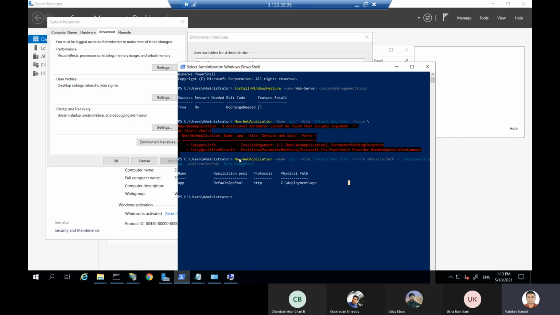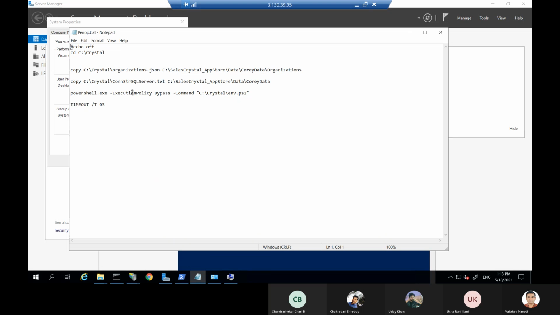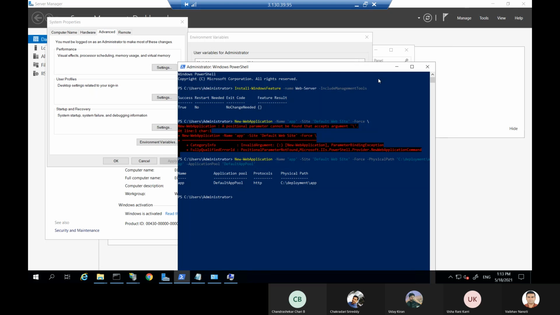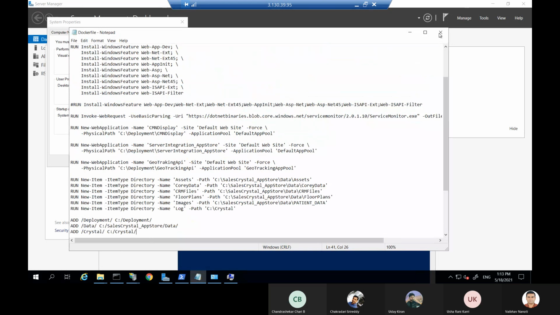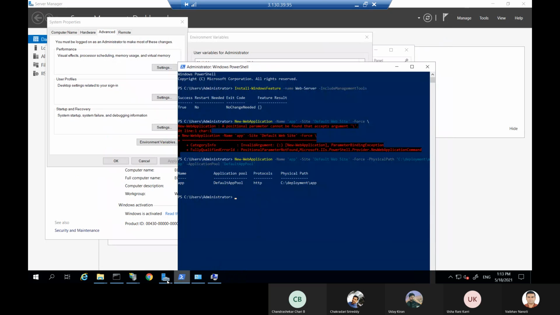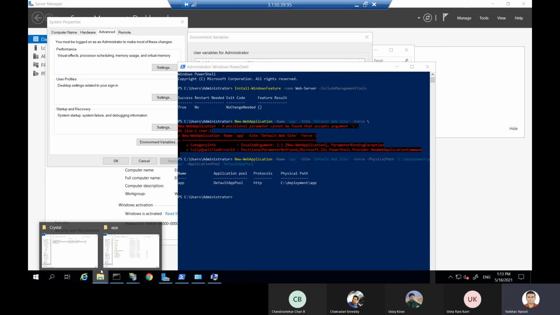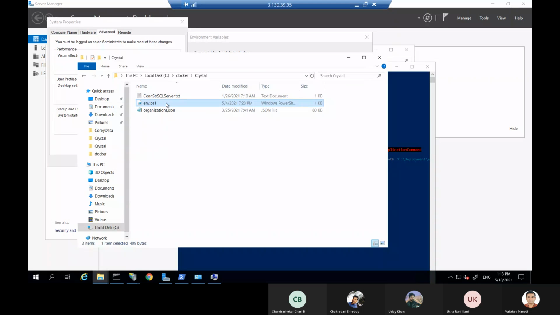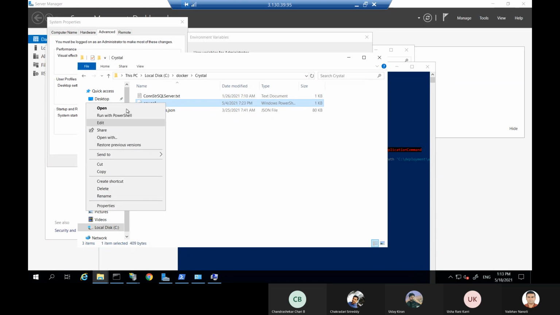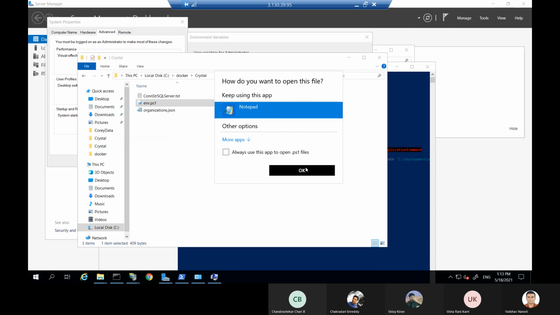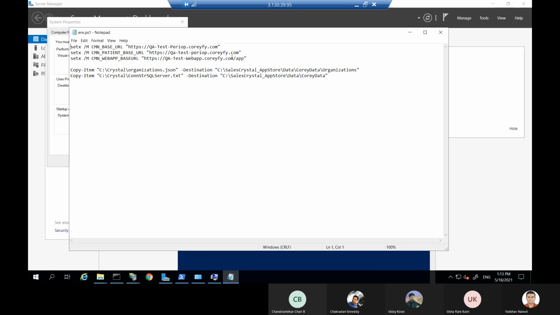So once I execute using the PowerShell script, I will show one by one.